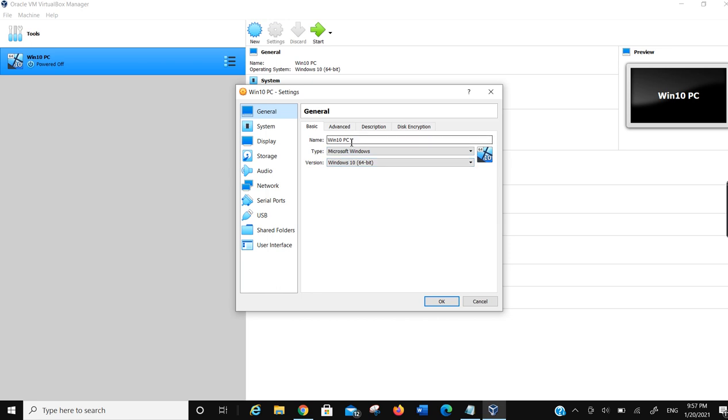Here you can see the name that we just set, the operating system, and Windows 10. You can change this option at any time. You have the drop down available. We're going to move to the advanced option, and here